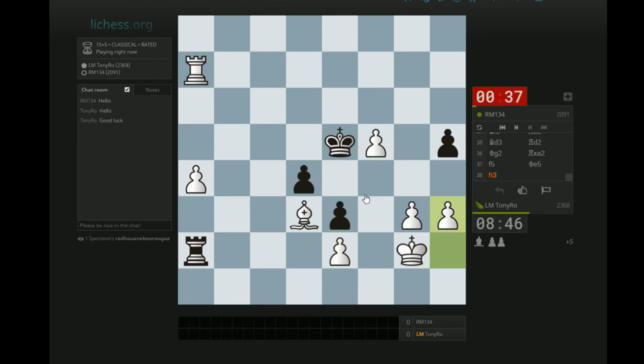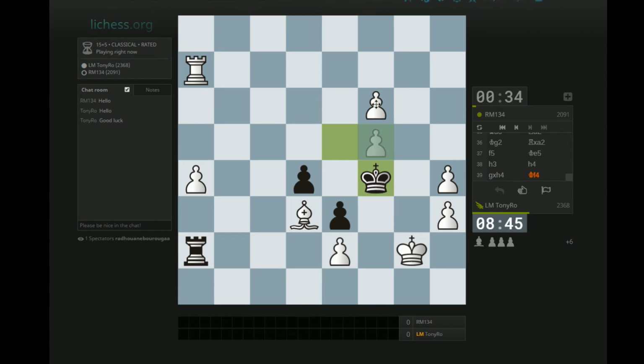I'll just go g4. No, I'll just take it. I don't care. He's not going to get a stalemate out of this. And f6, sure. He's actually like 4 moves away from a legal check that doesn't lose his rook, so. Yeah, that's...